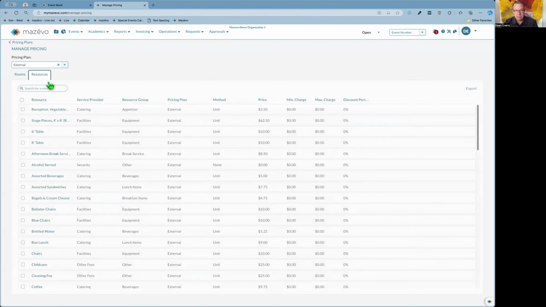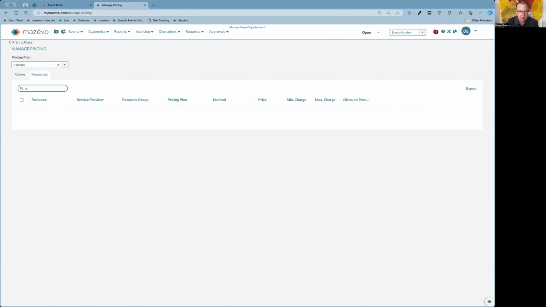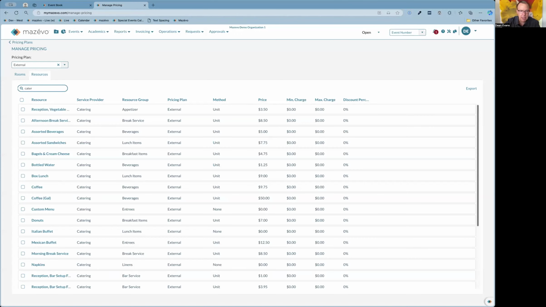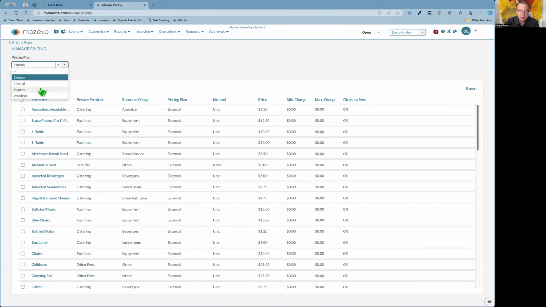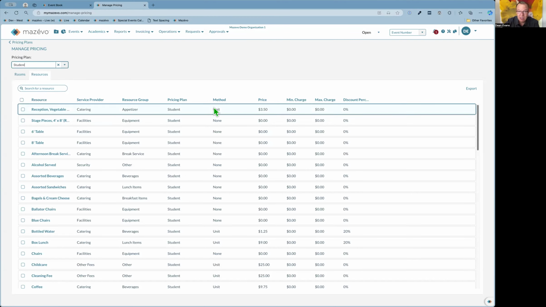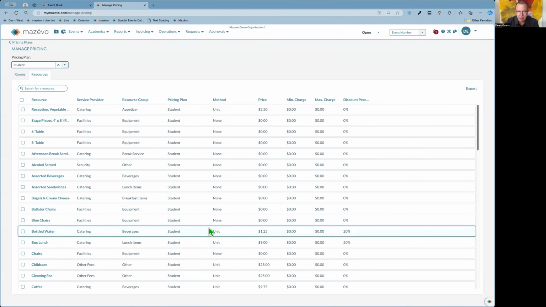And then if you click on this tab, there are the prices for all of the resources. If I filter this to catering, I can type. There's your catering and there's all the pricing for that. Most of the time it's unit pricing, but it doesn't have to be. You might rent a projector by the hour or something like that. So anyway, that's how you set the pricing for each plan. If I go look at the student price here, you see there's still pricing in here for catering, but